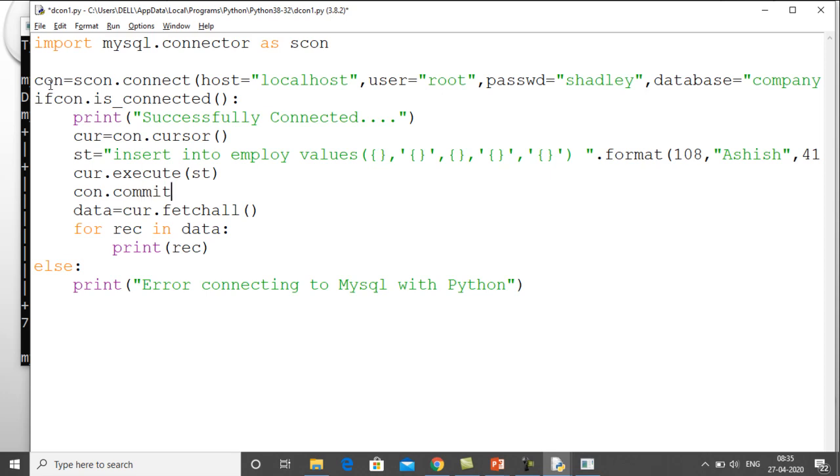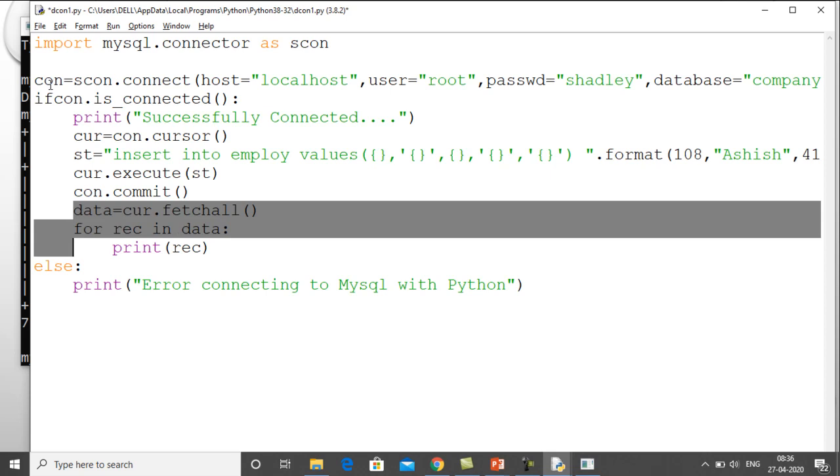So why this commit is required? Because this commit function basically stores the data in your table. Okay, so after executing this insert command, this commit function must be executed, right? And in this case we don't have to use any fetch statement.